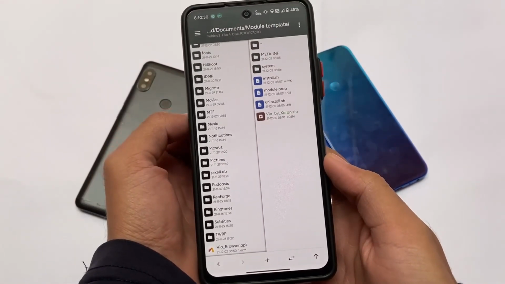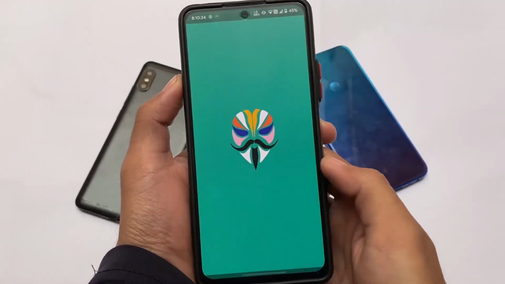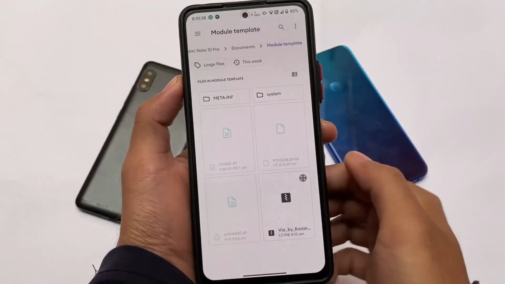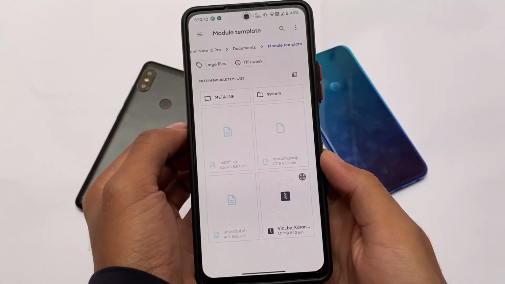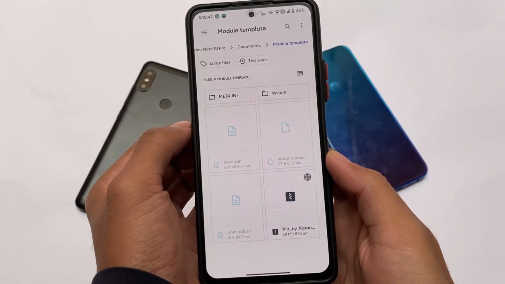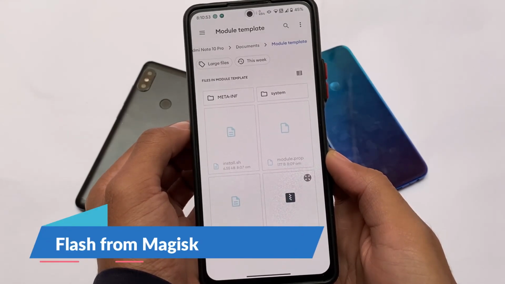Now the main thing is, of course, we need to install it via Magisk. So this is the Magisk module. Click on Magisk, click on this, click on install from storage, and here the file we have is via by Karan. It is around 1 MB because the APK size is only 1 MB. So yes, this is a very simple process, and I think you got it. Let me install this and let me show you what you will get in the log option.